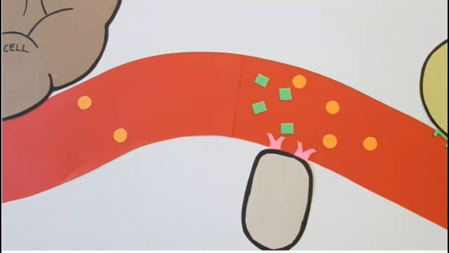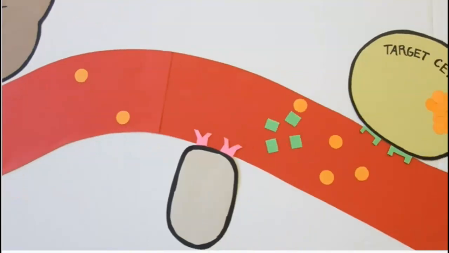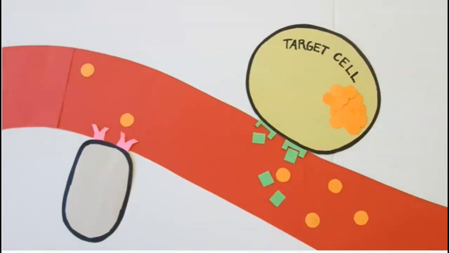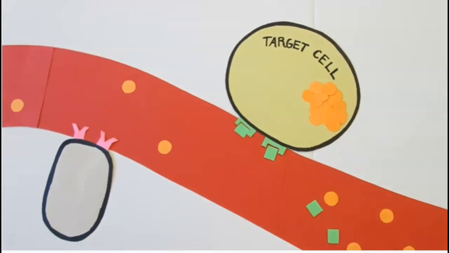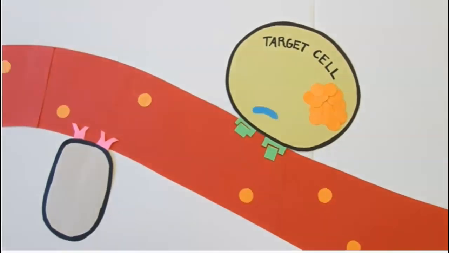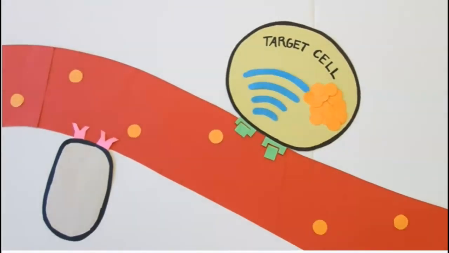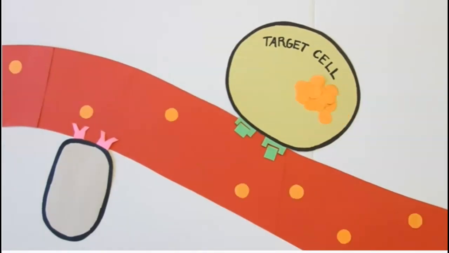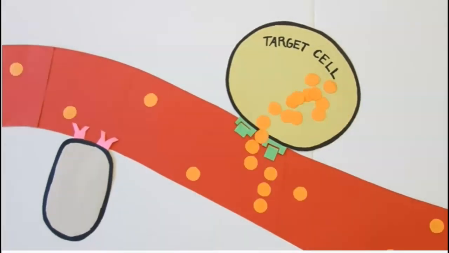However, hormones will not act on every cell. Hormones activate target cells by binding to specific receptors on the inside or outside of the target cells. When a hormone binds to a receptor, the receptor sends a signal throughout the cell. Just like a megaphone amplifies the volume of a person's voice, a hormone's message is amplified inside the cell. This signal goes a long way. Just a few hormones can induce great change.